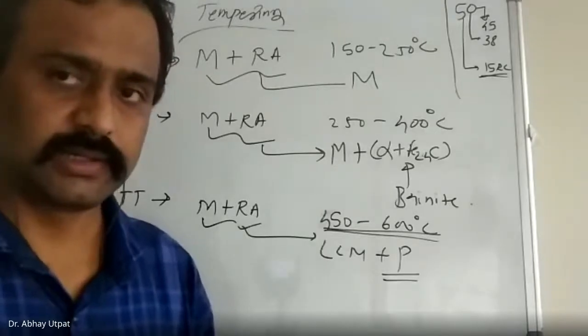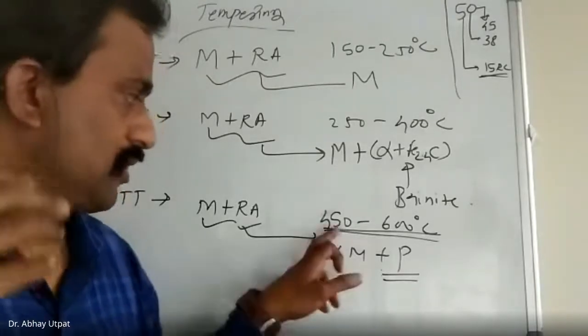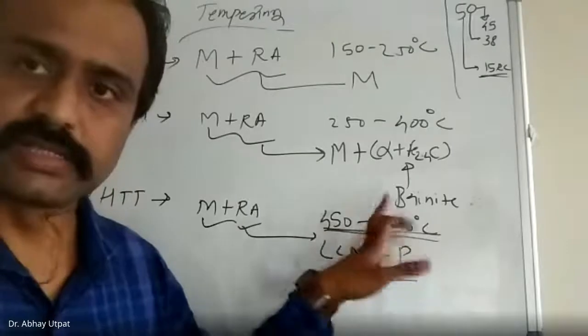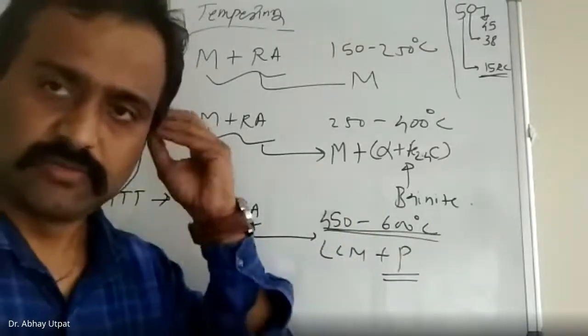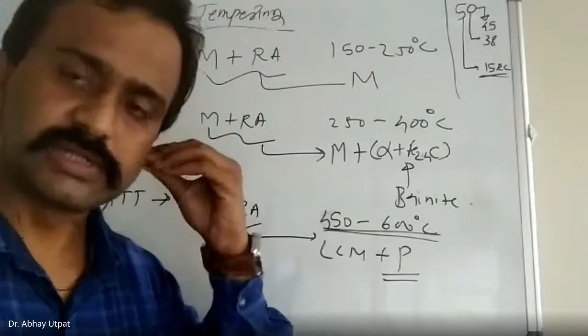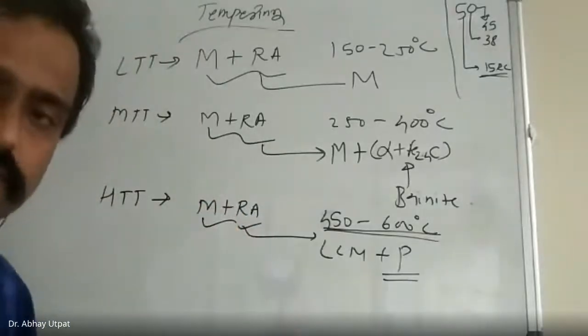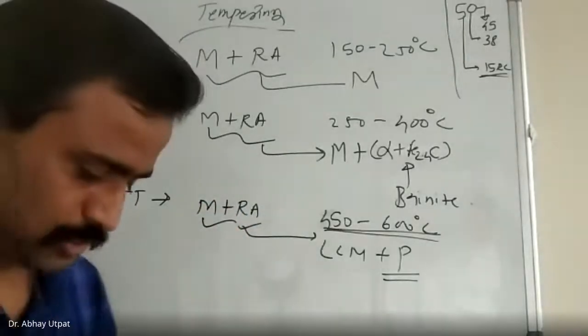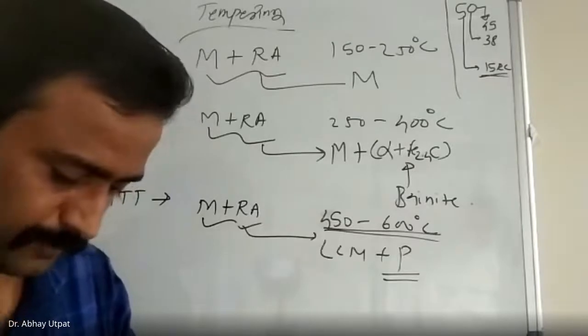Bracket complete. That is 450 to 600 degrees Celsius, comma, soaking there for sufficient time